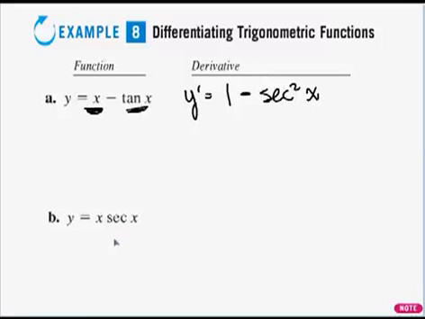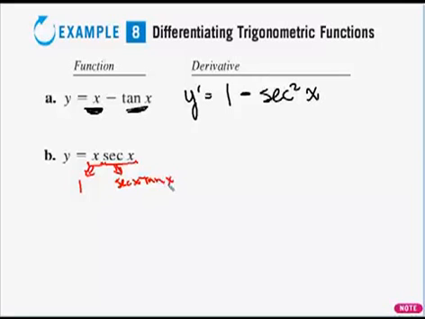Part B. What rule are we going to need to apply? We've got two things multiplied. Now it's x times secant. The derivative of that first term is 1, and the derivative of secant is secant x tan x. We're going to have to apply the product rule: the first times the derivative of the second. The first term is x. The derivative of the second is secant x tan x. So first times the derivative of the second, plus the second times the derivative of the first, is just secant of x times 1,